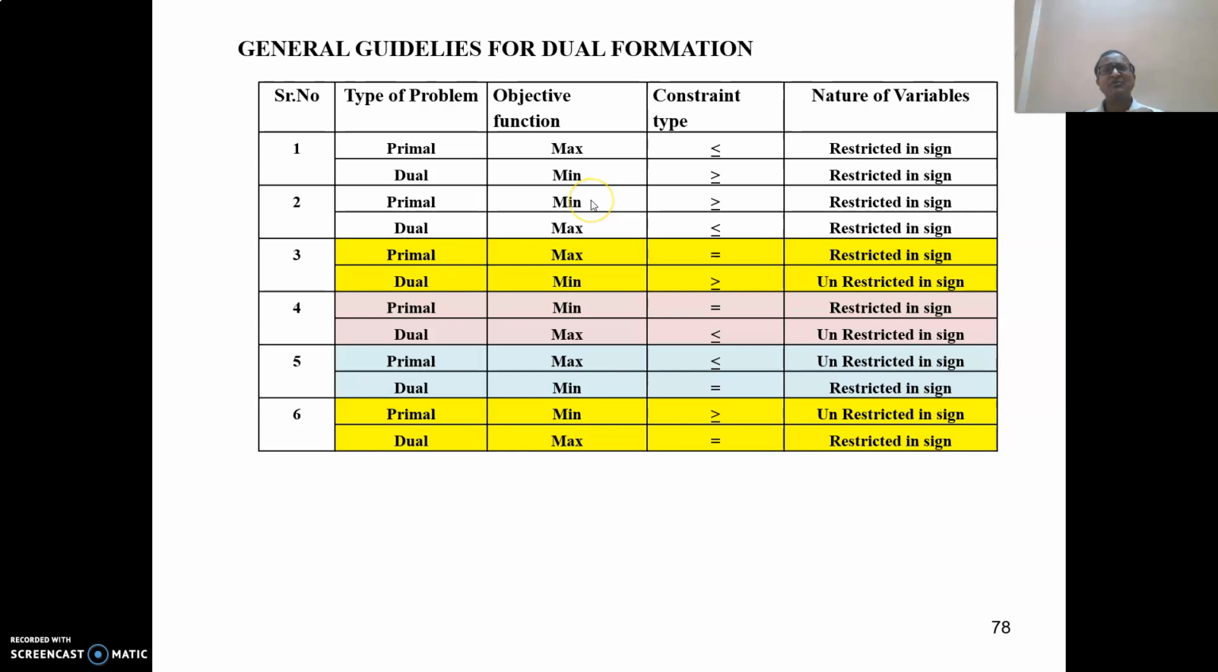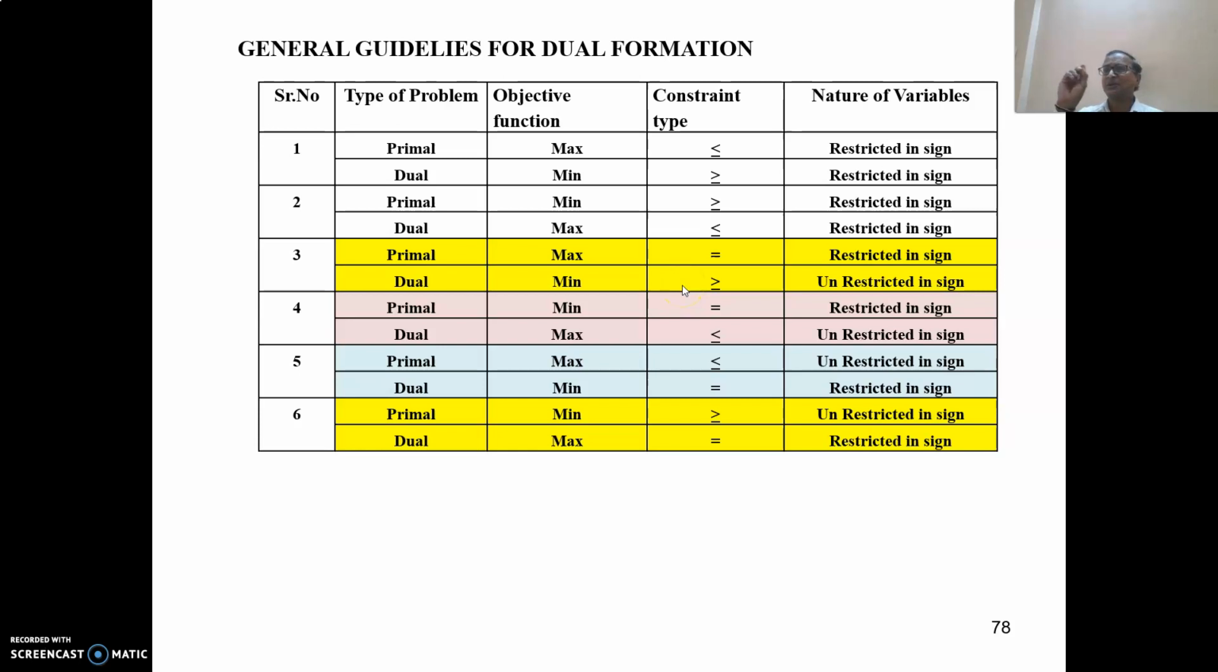Case 2: if the primal problem is minimization with greater than type constraints and restricted variables, then in its dual, the objective function minimization becomes maximization and the constraints become less than type, with restricted variables. It is exactly opposite to the first case. Case 3: the primal objective function is maximization and the constraints are equal to type, with restricted variables. In the dual, the objective function is minimization, and the equality constraints should become greater than type with variables unrestricted in sign,